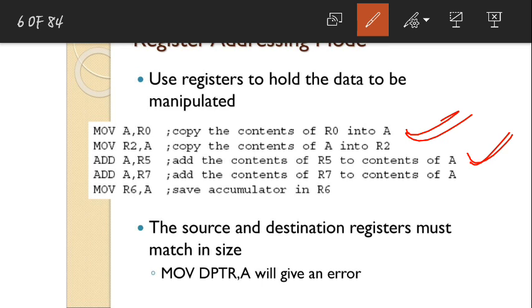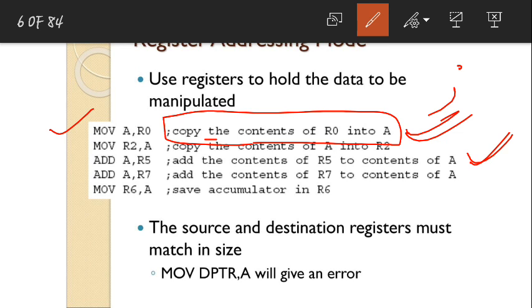Before writing a comment, it should always start with a semicolon. That means if I write this, it doesn't come under the program; the instruction is only this line. I am trying to separate this comment from this program, so I should always start it with a semicolon. If I write this, at the time of execution, it will not consider this complete line for any execution. Okay.